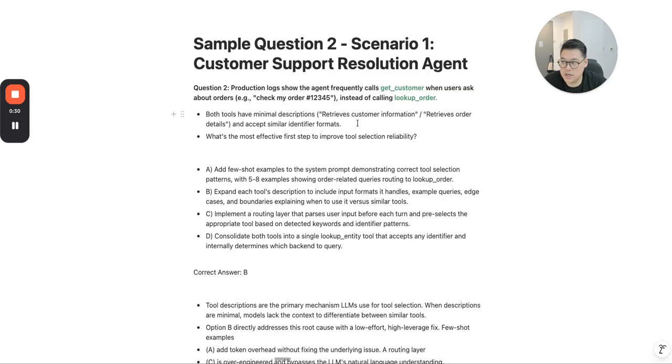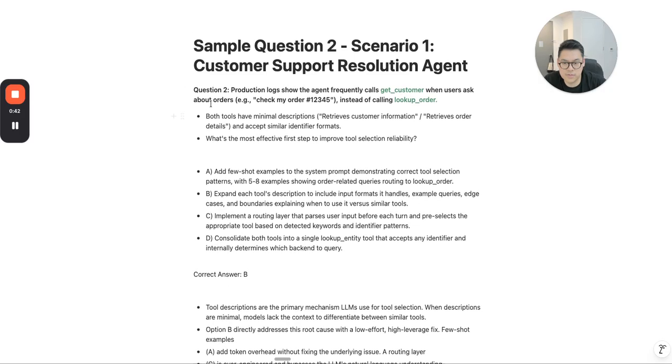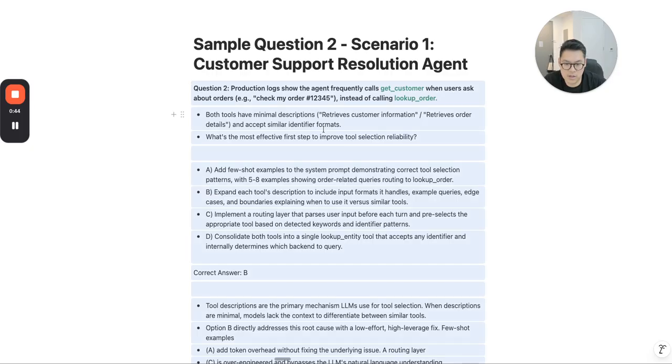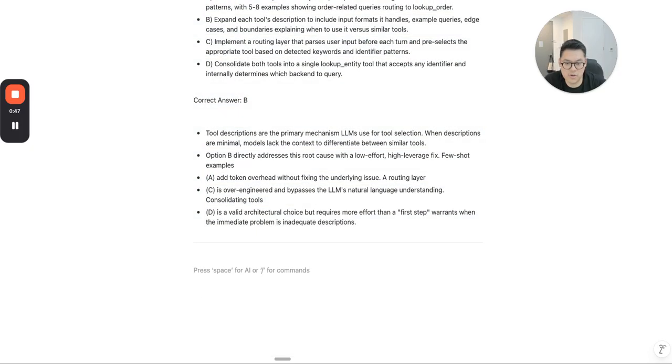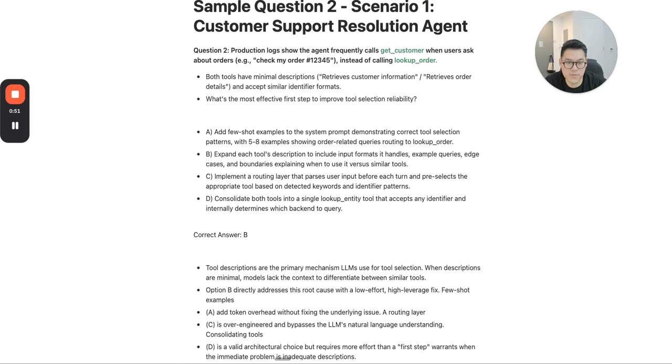All right, in sample question two, here's what we're going to do. I'm going to do the same thing that I did for the last one, which is I'm going to turn over from my other page here. I am going to take all of this and prompt right now: okay, if I take a look at this right here,